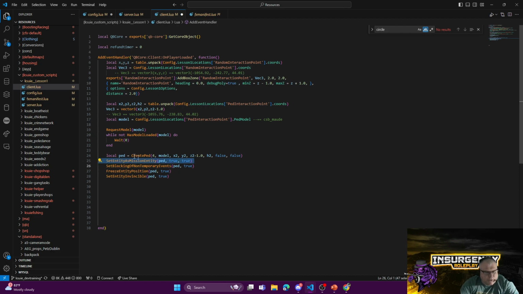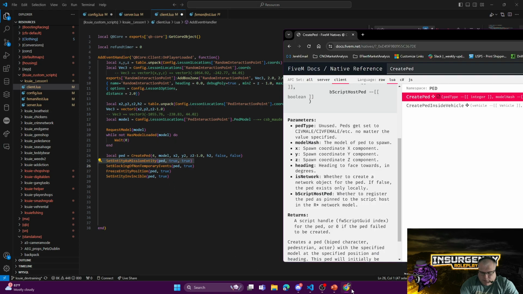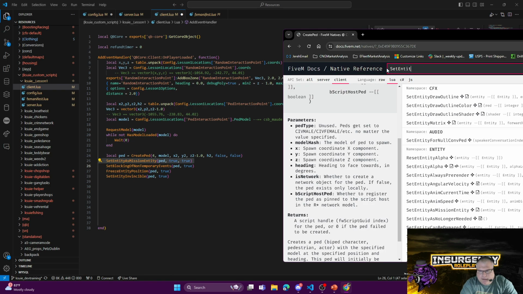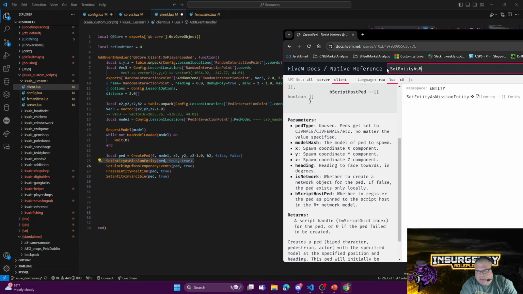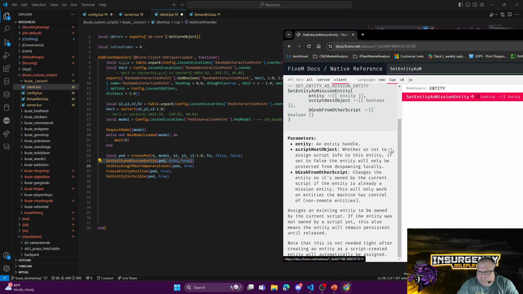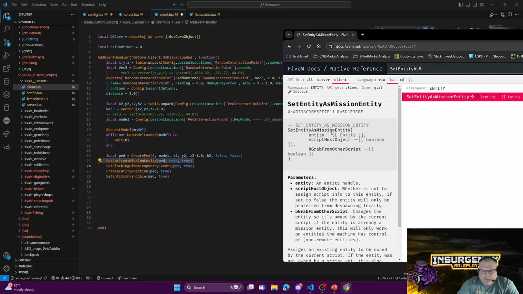So the first one, whenever you're doing a ped that you want to stay in place and be stationary, is to set it as a mission entity. And we'll do that, set entity as mission entity. And so, yeah, you're just using this. So you tell it what entity, and it's going to be the ped that you just created. You tell it what